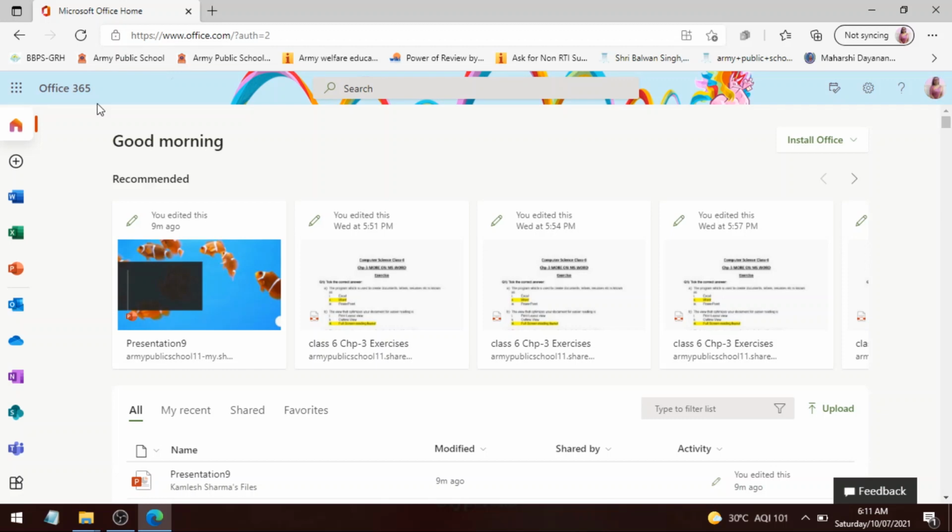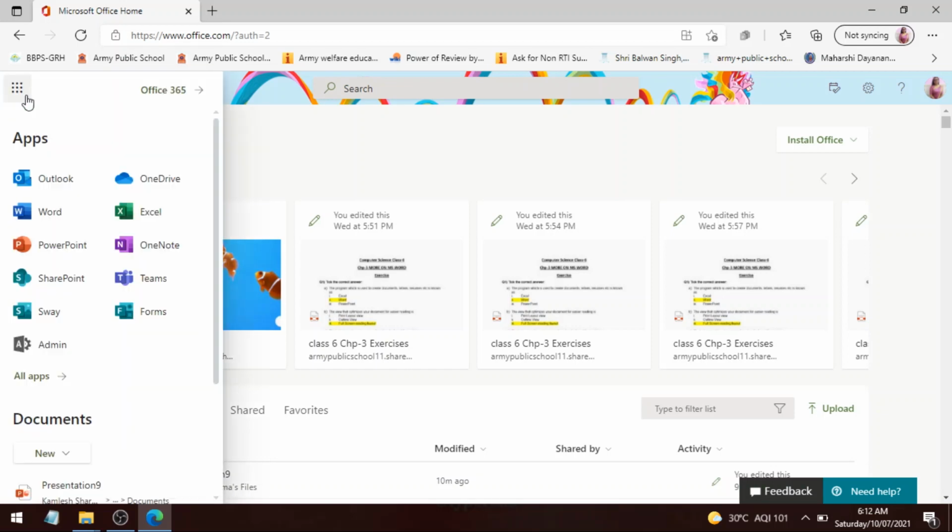Don't forget this thing. If you have not signed into your Microsoft Teams ID, go ahead and sign in first. And once you sign into it, it is going to show you the 9 dots on the top left side, which is nothing but the app launcher. So click on the dots and you'll see the list of apps which are installed for you, which you can use. So have a look.